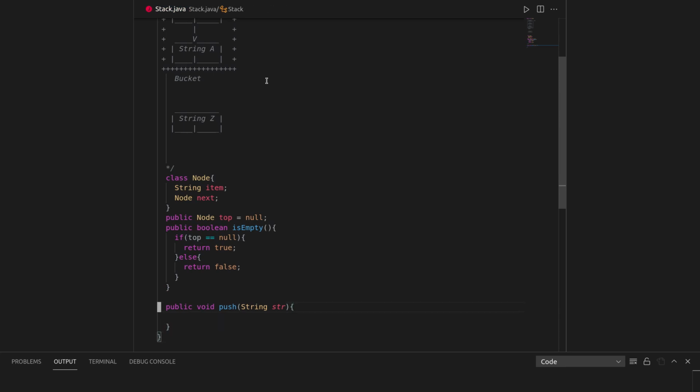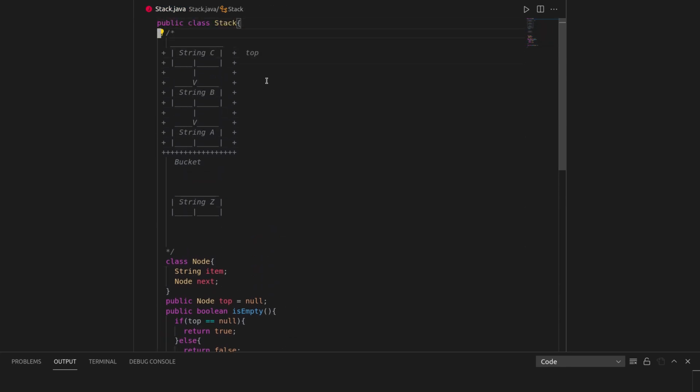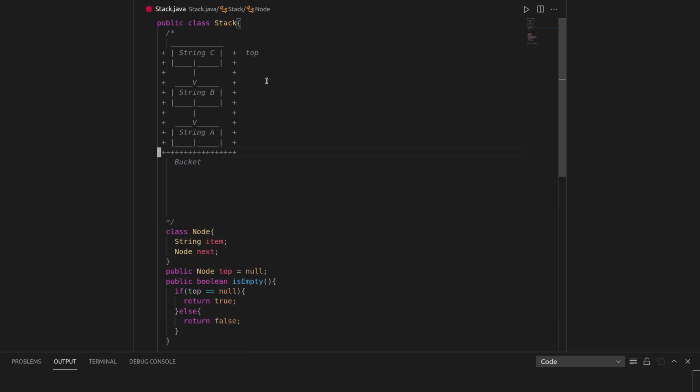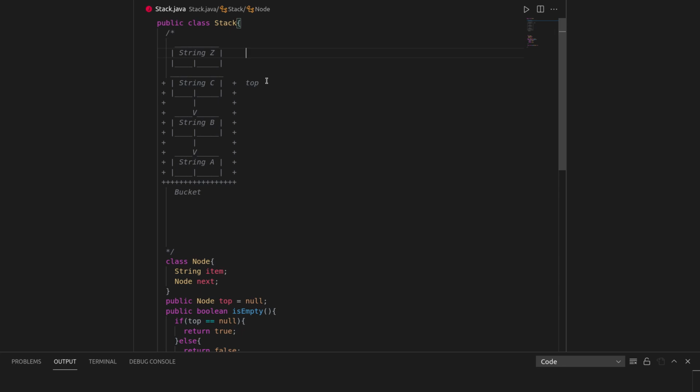So now let's see the algorithm to push an element into the stack. Let's say the user has passed the string z, and we have to create a node from string z and then add it to the stack. So first we will create a node with string z, and then we will make the element having string z as top, and the previous top will be the old top element.